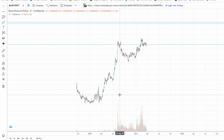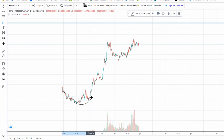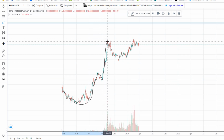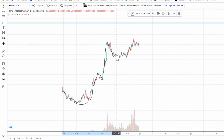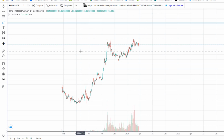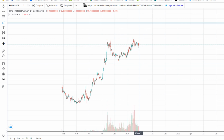The reason why I think Band is due for a breakout is, let's just have a look at that. We're just going to draw it in. We came around in this arc pattern, busted out of an all-time high, pulled back, and then fired on in a big way to the upside. And so we're doing the same thing again, which is a completely normal accumulation pattern. Fired above the all-time high to the upside and then pulled back, and now we've been in this zone. When I see those sort of charts, it excites me a little bit because it's not like I'm early on the chart. You possibly wouldn't have to wait as long for the breakout on this one